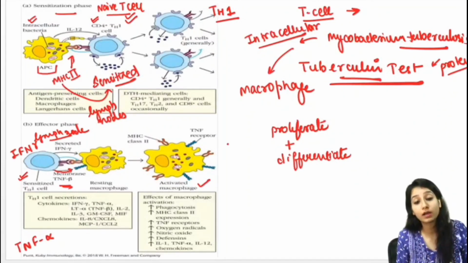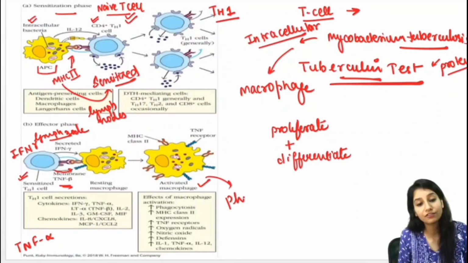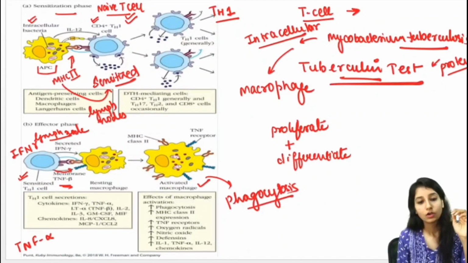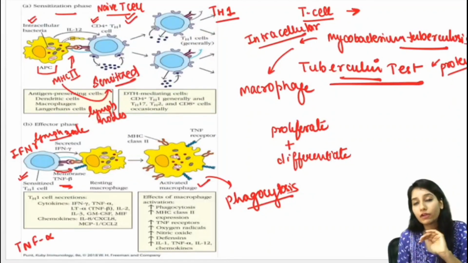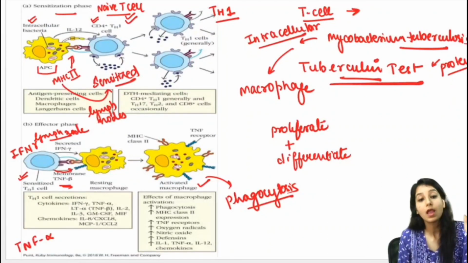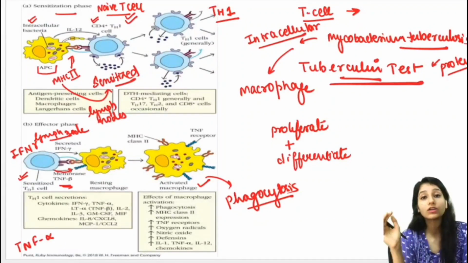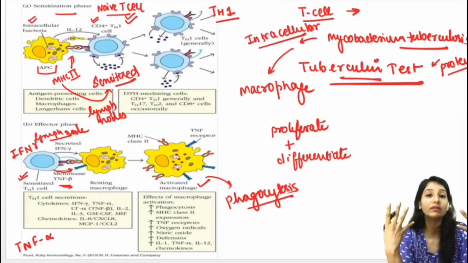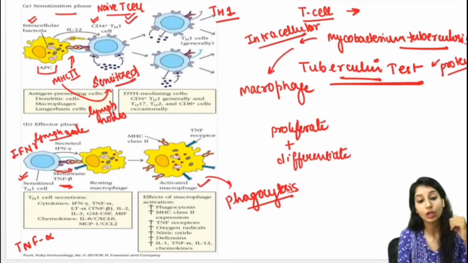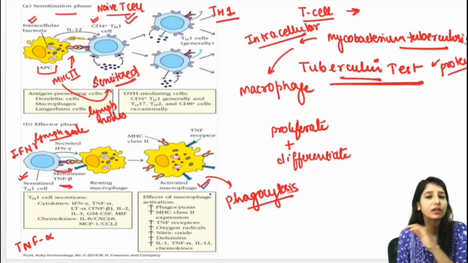If macrophage has become activated, what will they do? They will start phagocytosis. So normally, these macrophages will cause phagocytosis, due to which the pathogen will be cleared and very little tissue damage will be there. But if the antigen is not easily cleared, if the bacteria is not cleared, then our host will become hyperactive, or we can say our immune system will become hyperactive. Due to which a number of macrophage cells will become active.